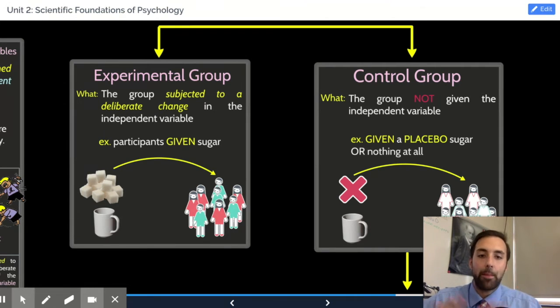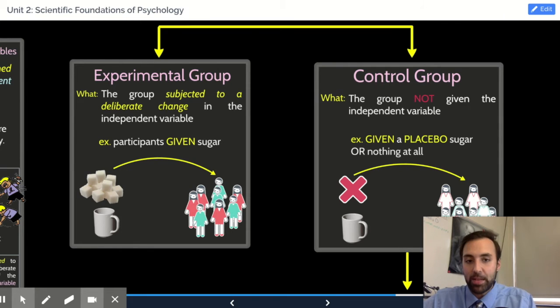One of the most common misconceptions about experimental research, and one of the common mistakes that I see over the years, is somehow looking at the words independent and dependent and thinking one group gets one, the other group gets the other. That's not how it works. You just isolate the independent variable, which is sugar in this case. And then when you divide your participants, so like the 50 people that showed up to your lab, when you divide those two groups up, 25 people get sugar, 25 people get nothing at all,